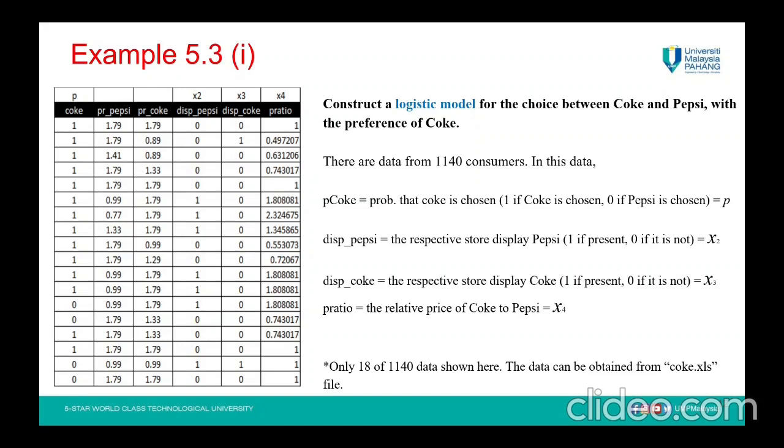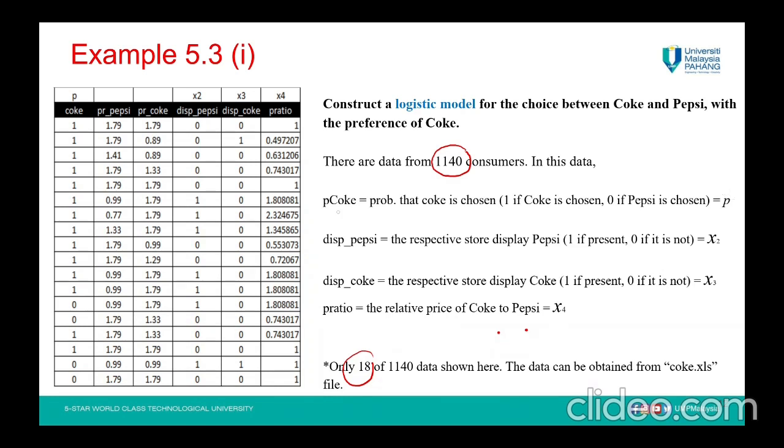Let's look at example 5.3.1. The question is, construct a logistic model for the choice between Coke and Pepsi. We have data of Pepsi and Coke with the preference of Coke, and we are given this data, which is only 18 out of 1,140 consumers, and in this case